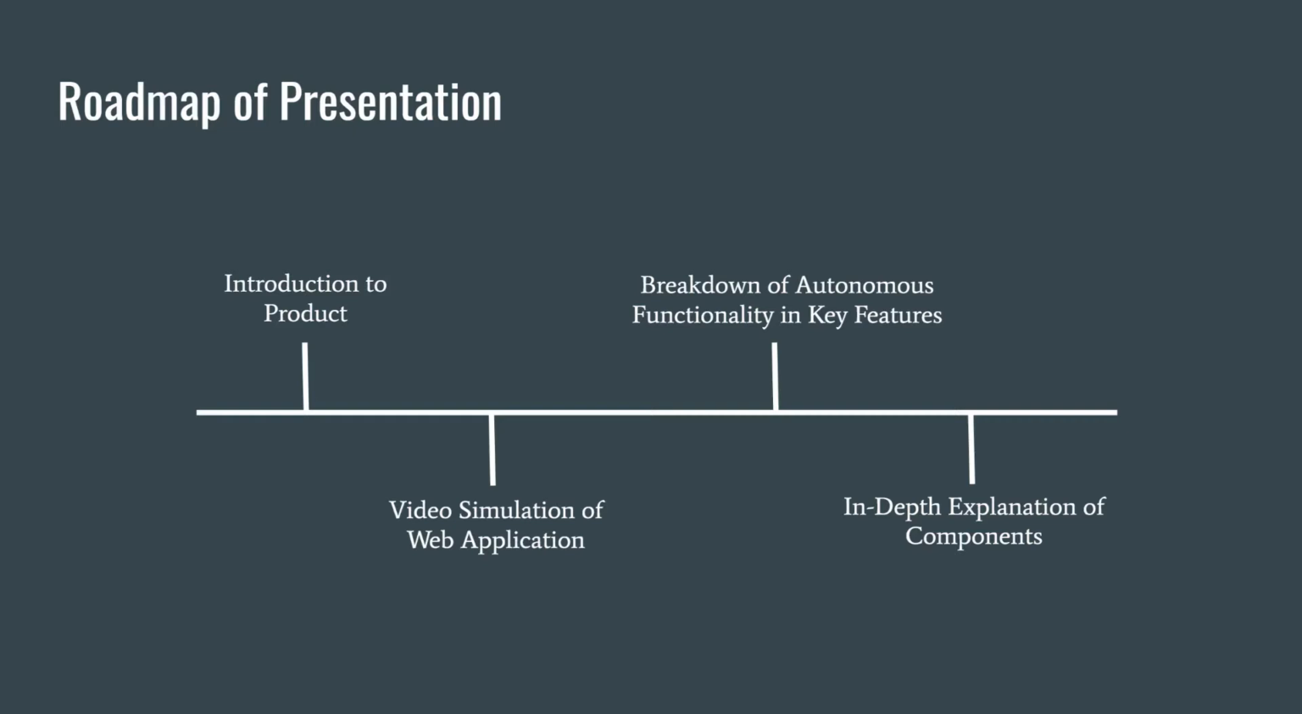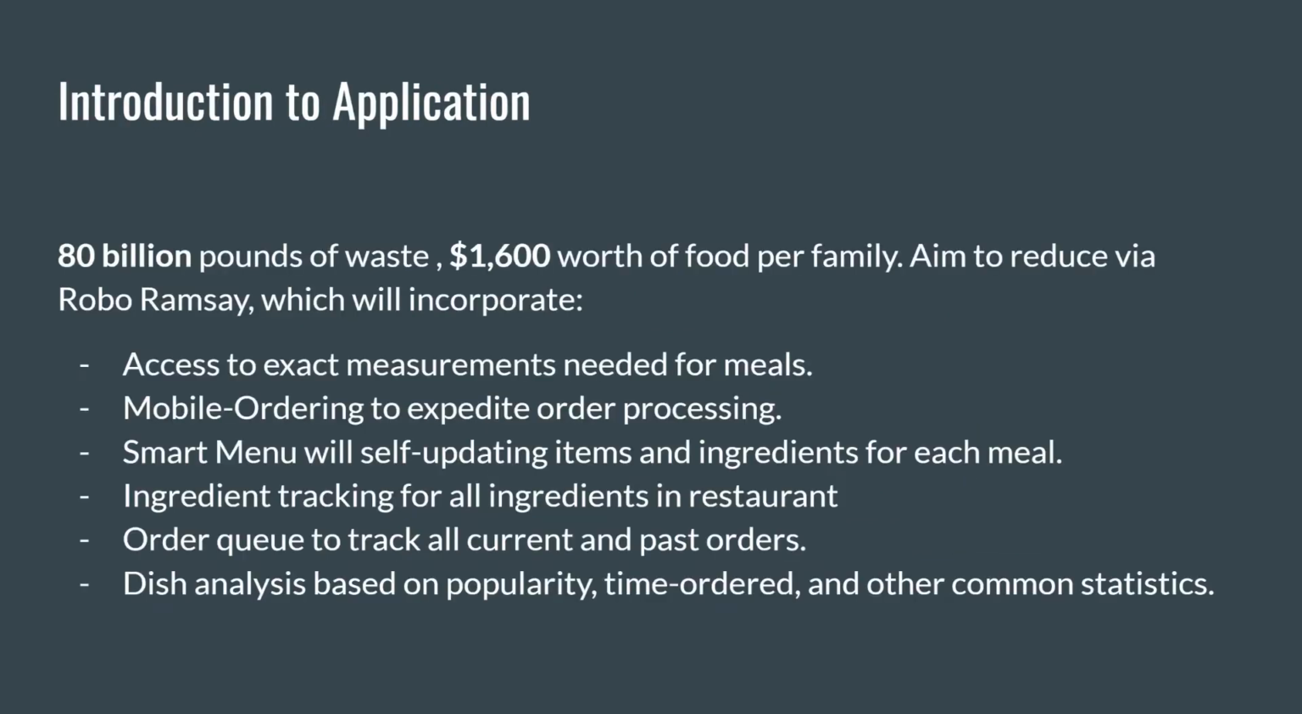For the brief introduction to our application, the reason why we chose this product is because there is about 8 billion pounds of waste, resulting in about $1,600 worth of food waste per family in any given year. We aim to reduce this using our app by having access to exact measurements needed for each individual meal,